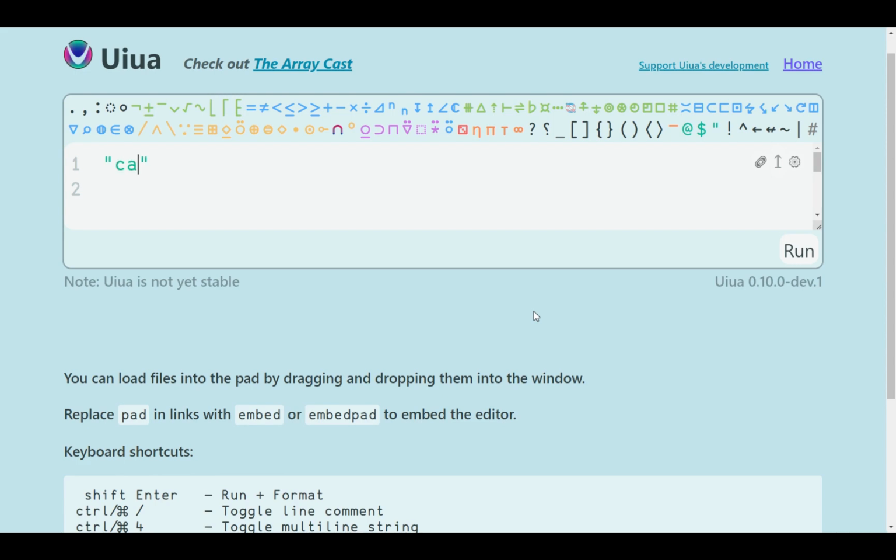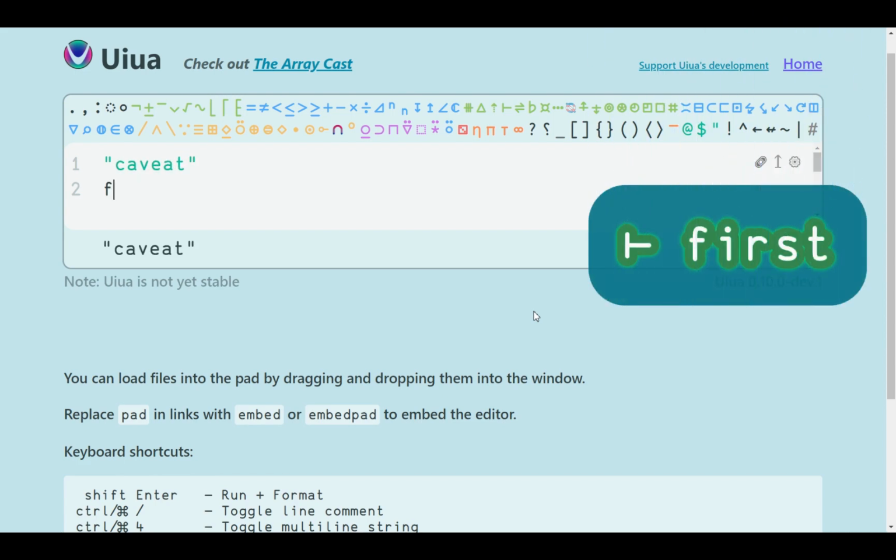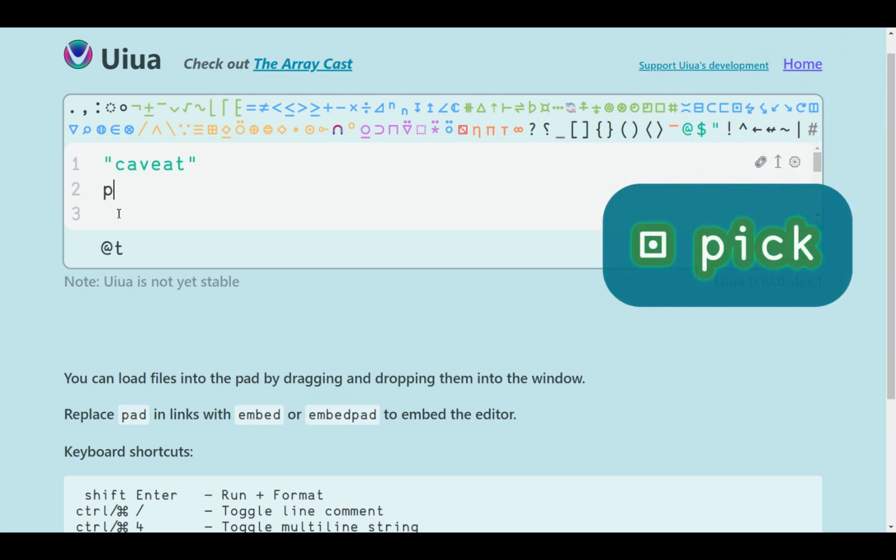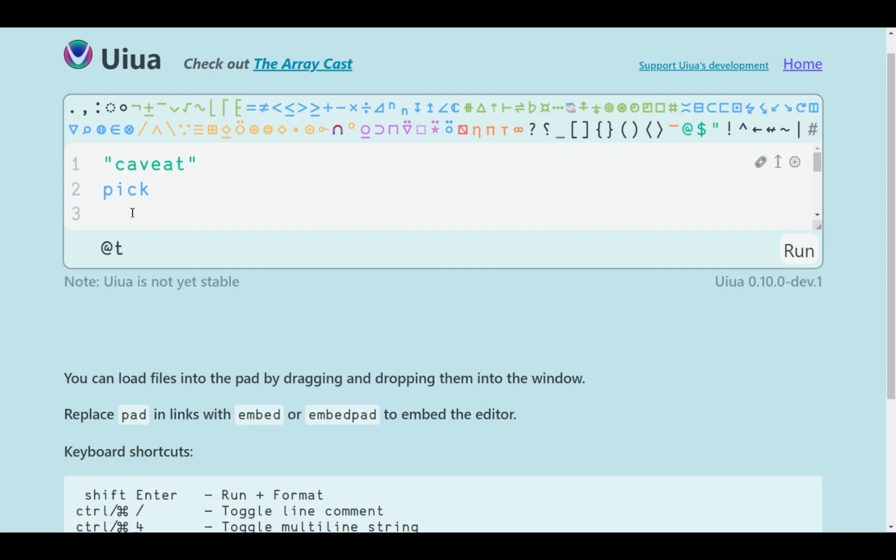Now let's see some useful string operations. I can, for example, take the first letter. Taking the last letter is just a tiny bit more tricky. A common idea is to reverse the string and then take the first letter. Or alternatively, I can also use the pick function with an index of -1. This is a more general solution and will work with other numbers too, as long as we remain in the